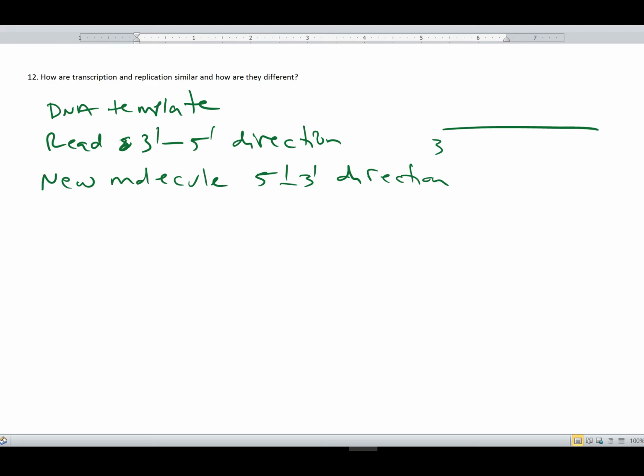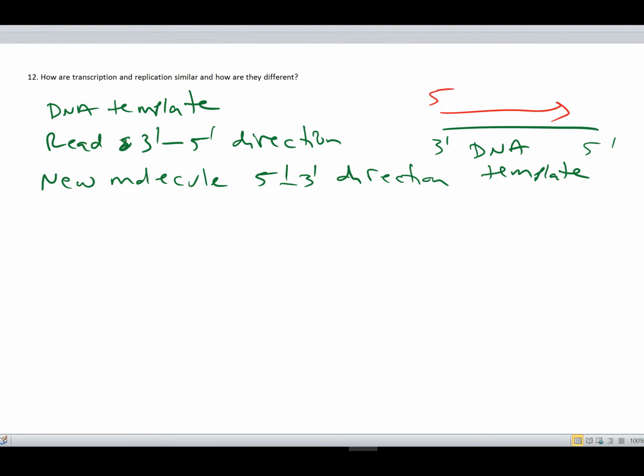So we're going to have a template. So this is a DNA template. And then we're going to make some new stuff, and we're going to make it in this direction. We're going to make it 5' to 3'. And that's because the new nucleotides have to be linked together by adding the nucleotide onto the 3' OH. And so that's basically it. You could come up with a lot of other things. They both require enzymes. The enzymes are called polymerases,